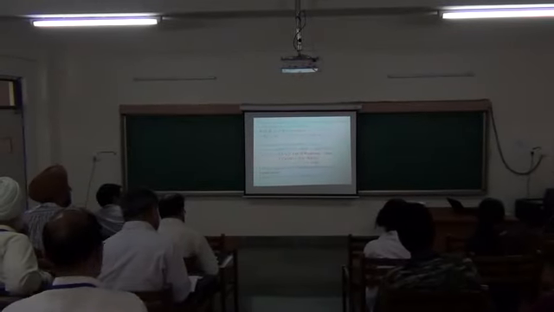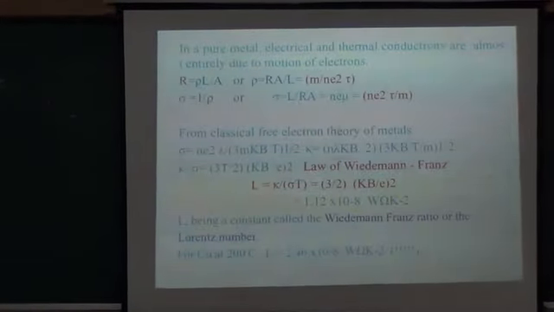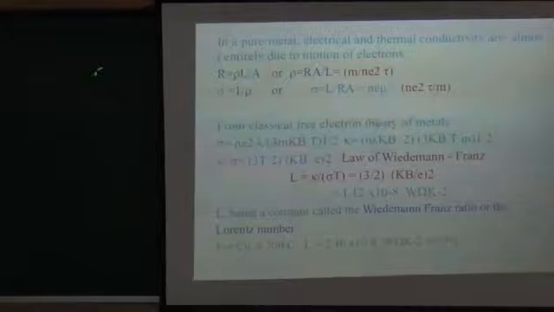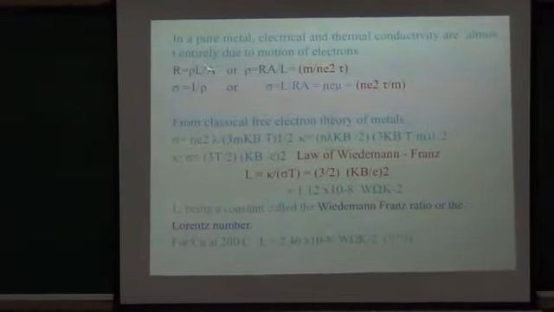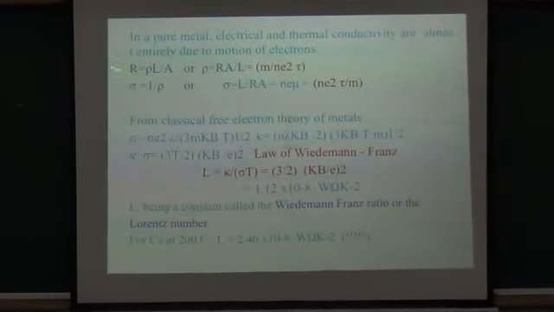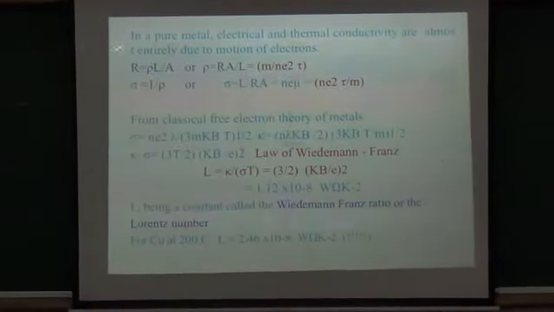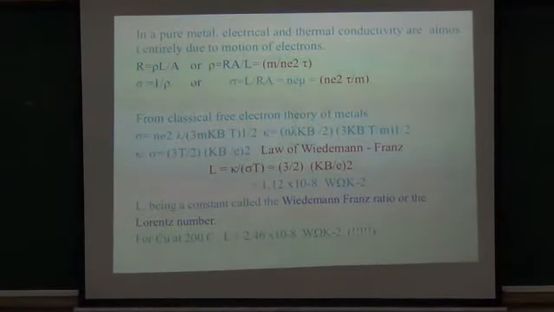...be due to the free electrons. Okay, let us recall a very basic definition. The resistance is proportional to the length and inversely proportional to the area of cross section. That is the meaning of Ohm's law, or the definition of resistance. So R can be written as a constant rho into L over A.